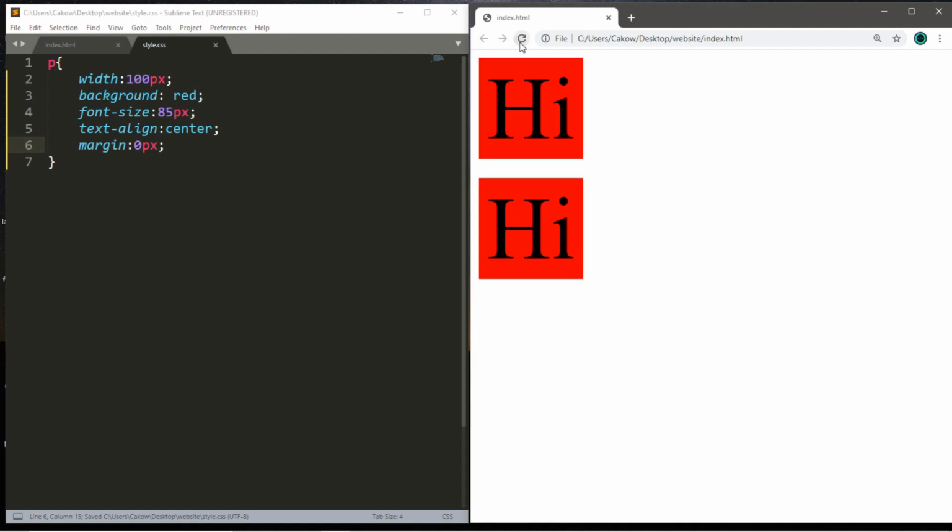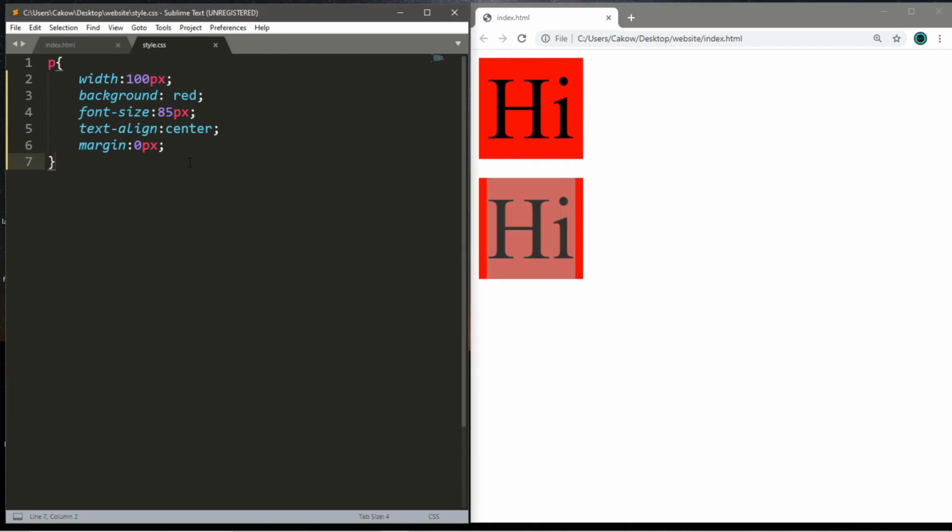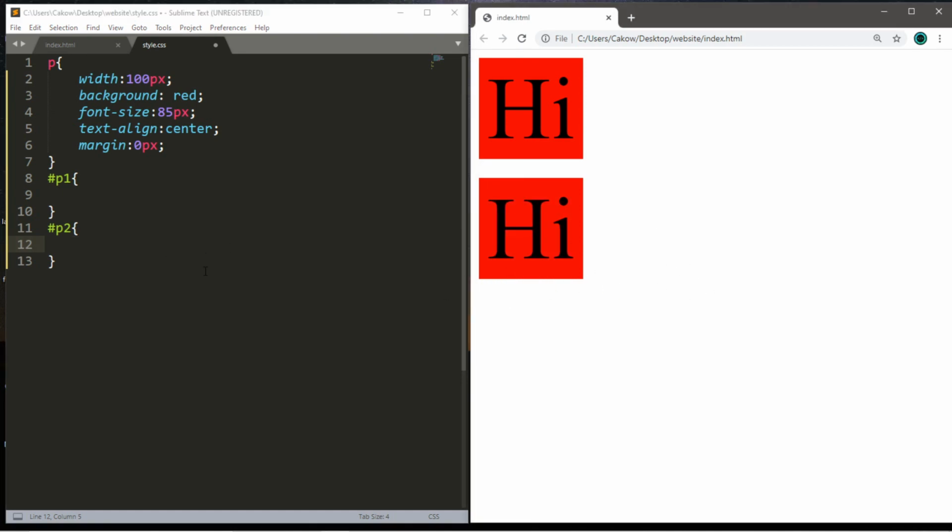Let's save, reload the page. This should work then. So P1 is going to be our control basically, and P2 is what we're going to apply transformations to. So I'll just write that here. So P1, we're not really going to put anything here, and then P2 is where we'll be adding values to a transformation property. All right, so let's begin by translating P2 along the x-axis.